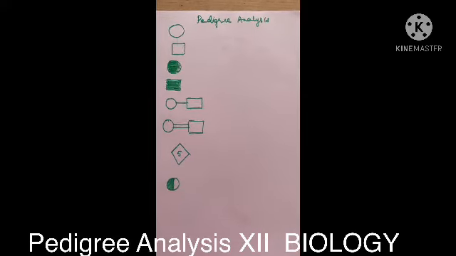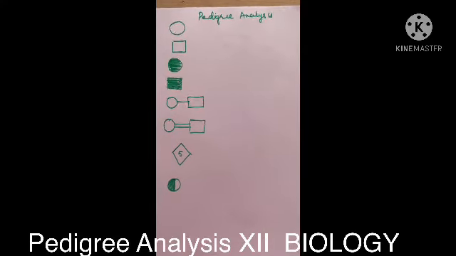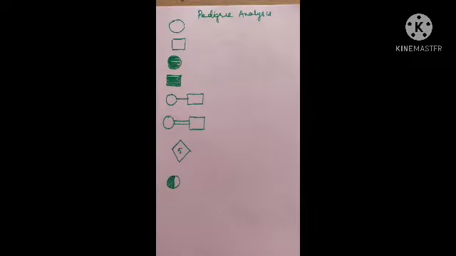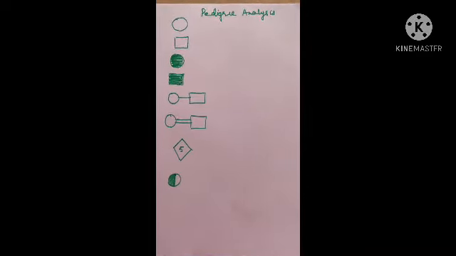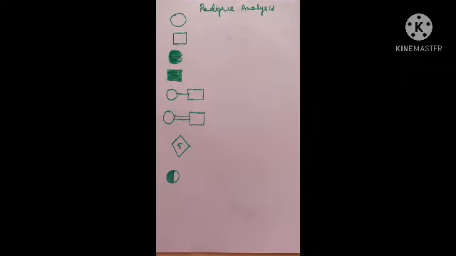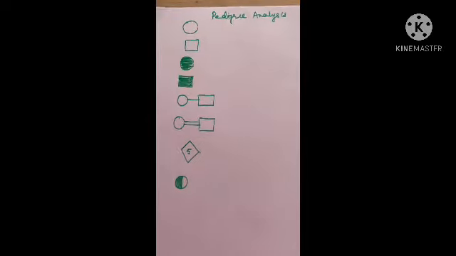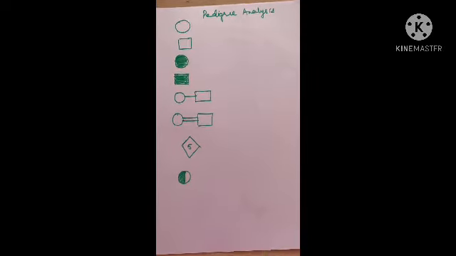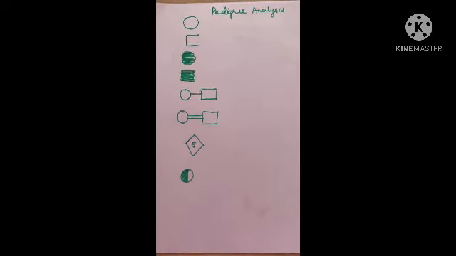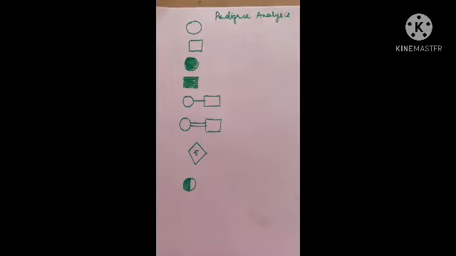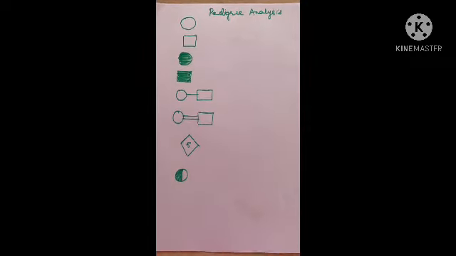Good morning, students. One of the specimen identification we have is the pedigree analysis. Now, the significance of pedigree, you know, is that it helps to identify the particular trait or disorder which runs in the family. If one is interested in finding the possibility of some kind of genetic defect that might be running in the family, one can go for pedigree analysis, which will be helpful in that.